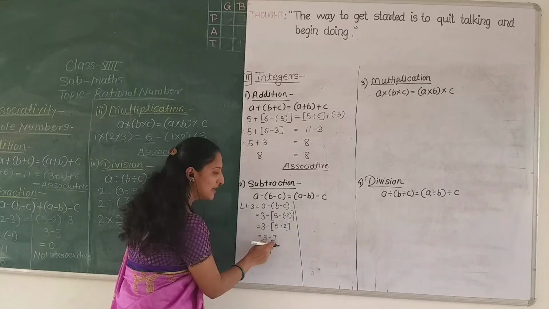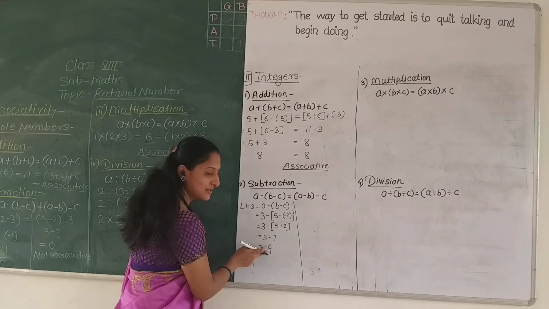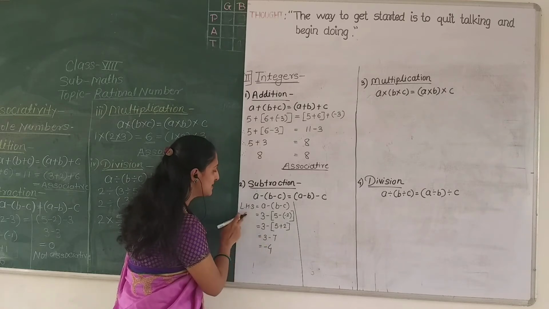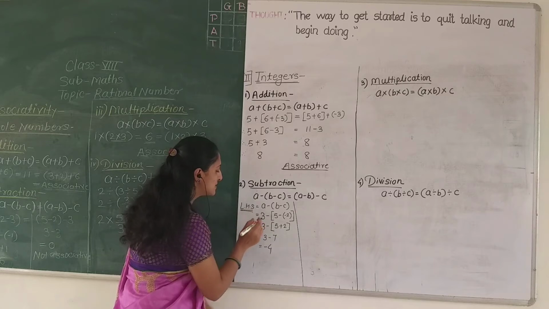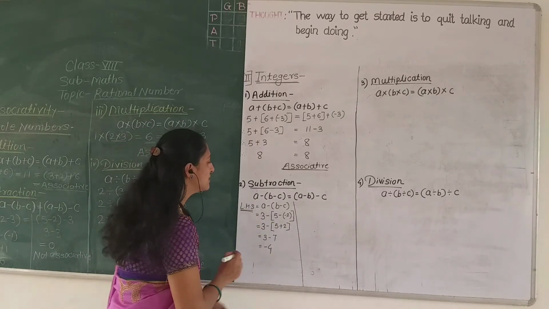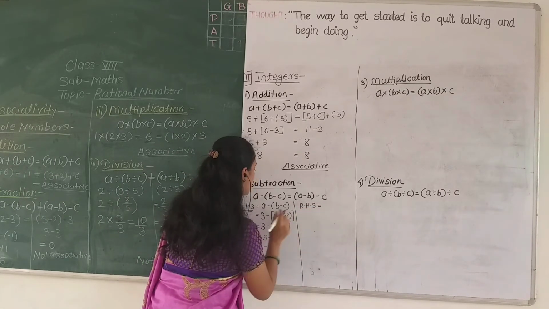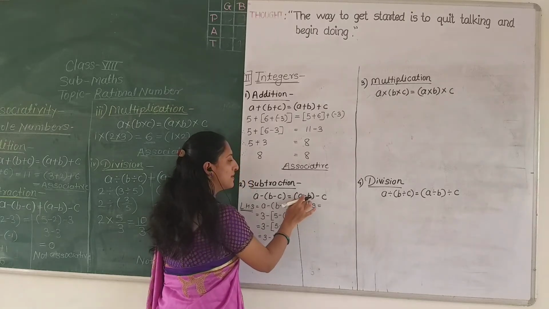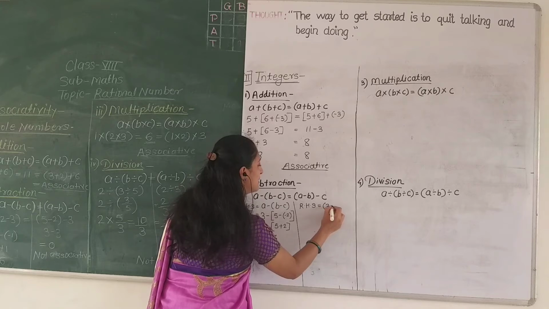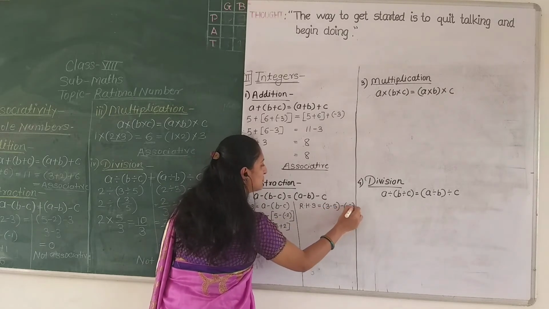Since the signs are different, we perform subtraction and take the sign of the bigger number for the answer. That means LHS gives the answer negative 4. Okay. Now let us solve the RHS. In RHS here we make the group of numbers A and B, so here A minus B, that means 3 minus 5, minus the number C, which is negative 2.